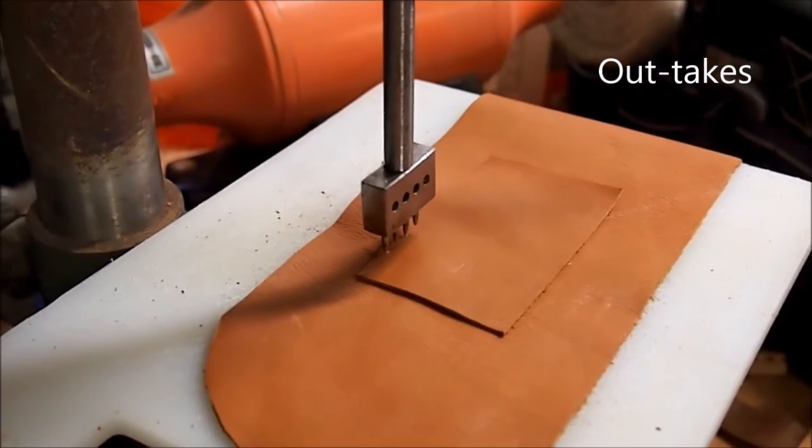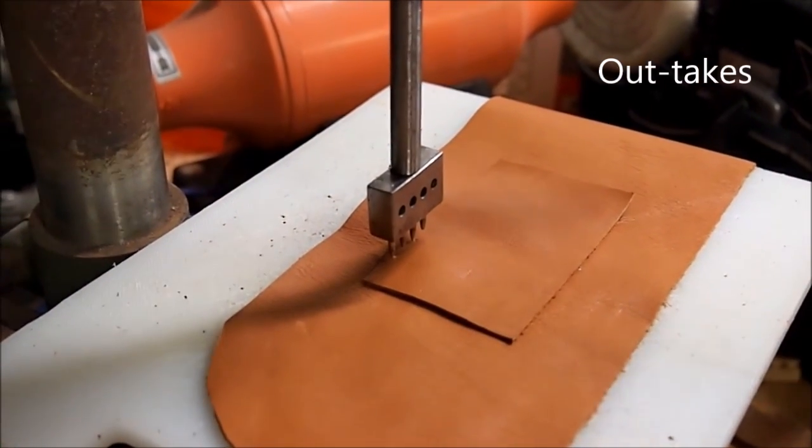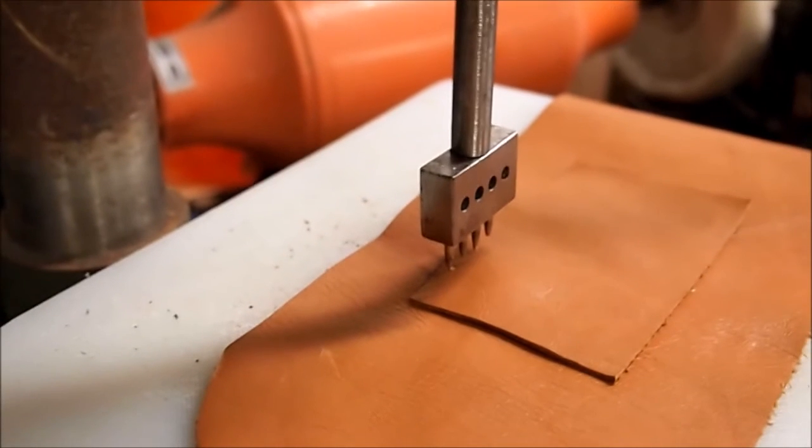But how come it zoomed in? It does that. I'll stop, I've moved, and it... You just